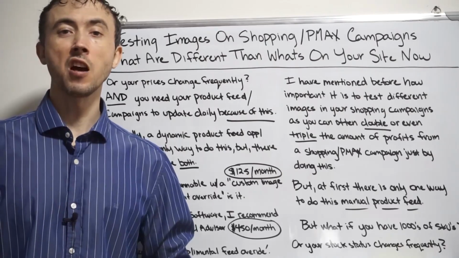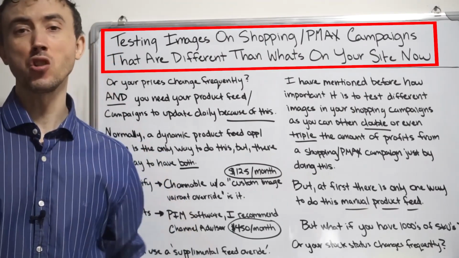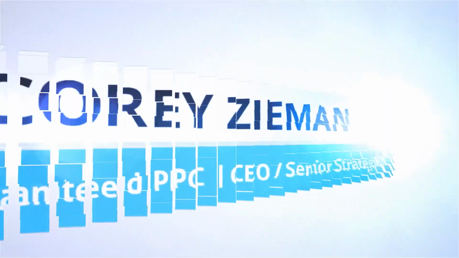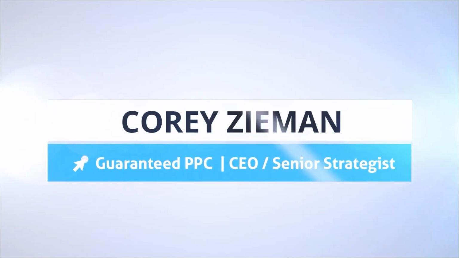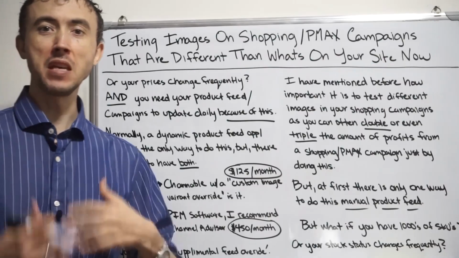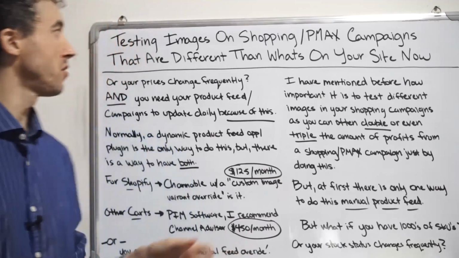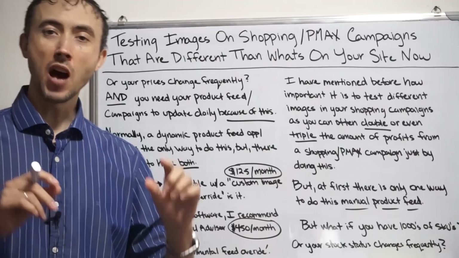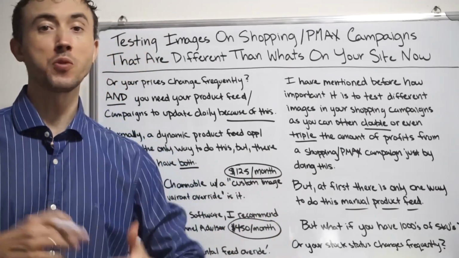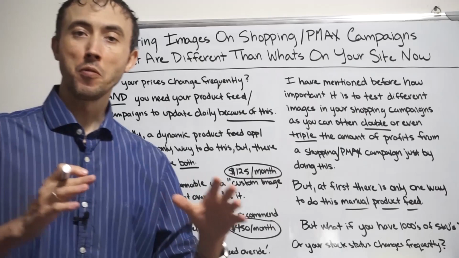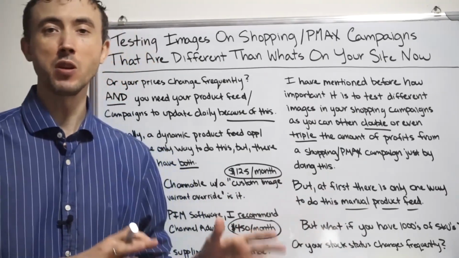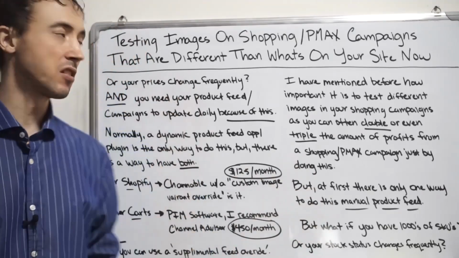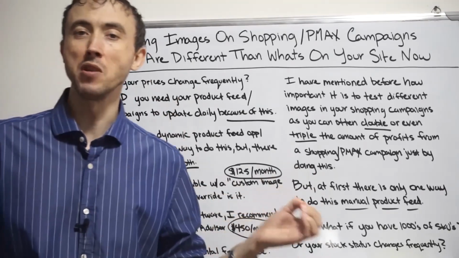Okay, today's video, we're going to talk about how to test your images that show up on Google or Google search by means of your Google Shopping campaigns or PMAX campaigns, where you're doing shopping campaigns through PMAX and optimizing those images. You get 2 or 3 times as much profit from the same shopping campaign resources that Google Ads or PMAX ads provide you, just by doing this little trick, if you will, testing your images on Google